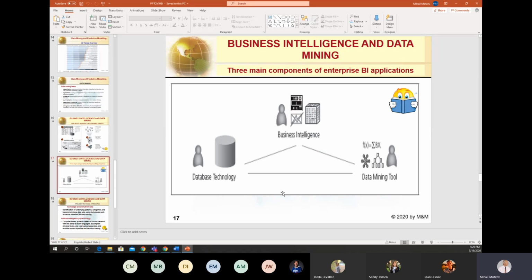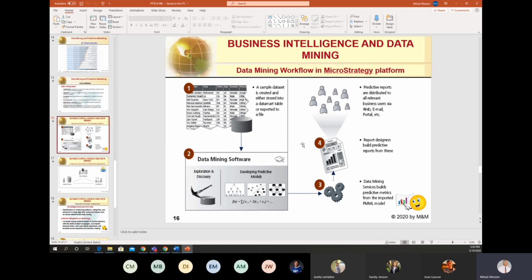If we check another dimension, another chart representing the three major components of business intelligence and platforms, we can see that, yeah, again, business intelligence is considered to be an intelligent interface that uses database technology and techniques and data mining tools to develop useful reports and analysis that will assist decision makers and help them make better decisions.